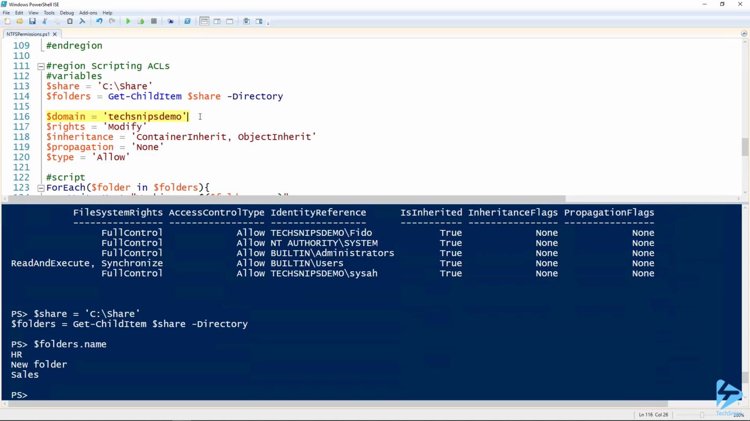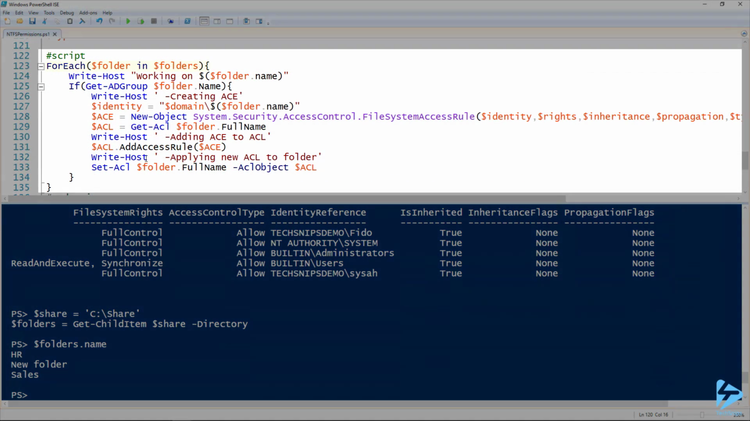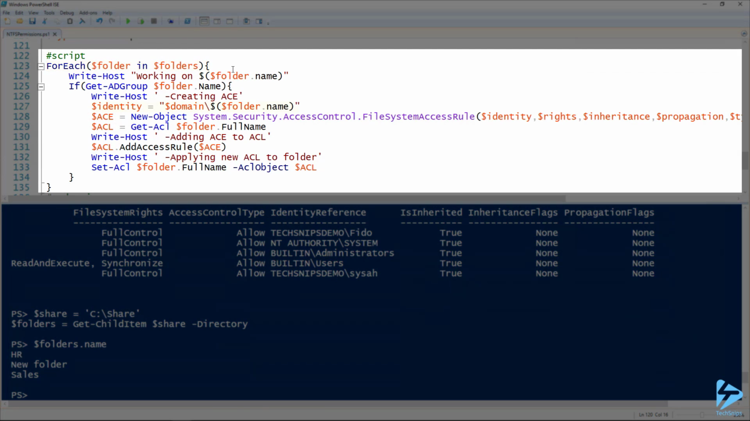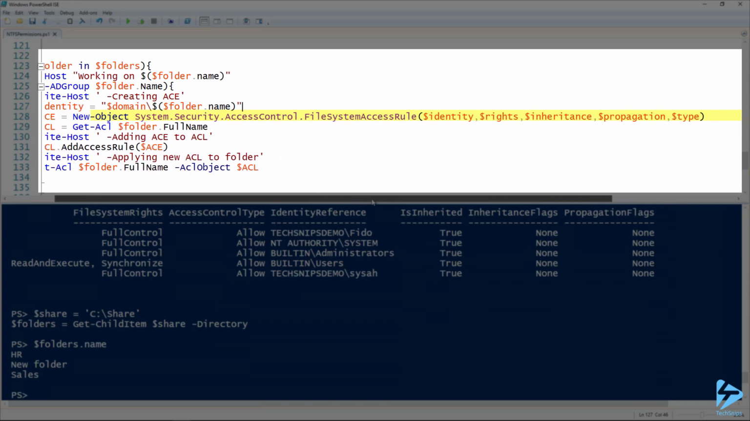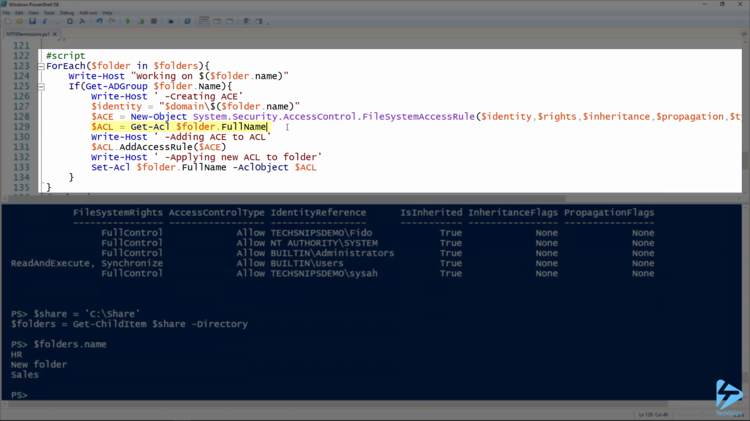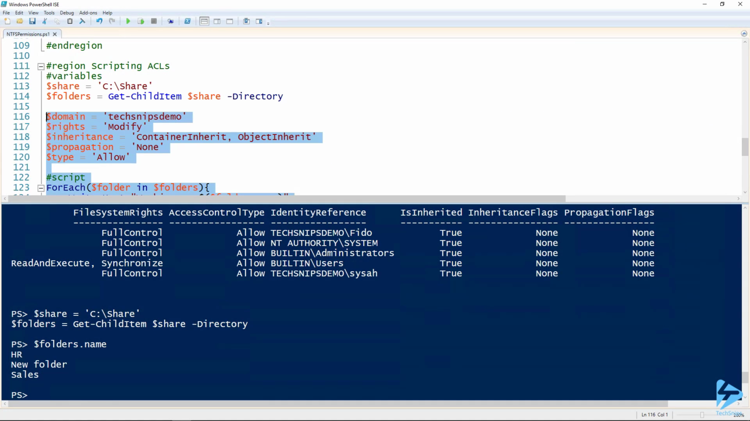And so in this case, I'm setting my domain, I'm setting the rights to modify instead of full control, same inheritance, same propagation, same type as from before. So I've got my foreach loop here. For each folder, I'm going to be creating the identity, so I'm going to use the folder name because that name correlates to a group in Active Directory. And then I'm going to create my access control entry here. So I've got on line 128 my ACE creation, and I've got all the same things as we did before. And then I'm retrieving the ACL from the folder, I'm adding in that access rule, and then assigning it to the folder too. So if we run this script and include all of our variables that we want to,